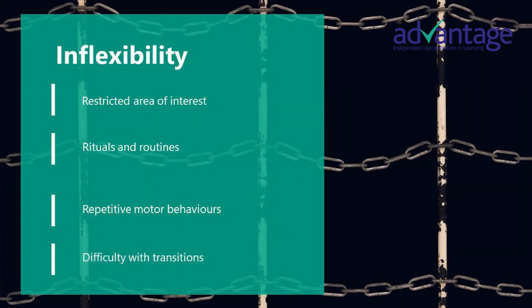Let's talk a little bit about inflexibility. People with ASD may have restricted areas of interest. They may exhibit rituals and routines. They may have repetitive motor behaviours. They may have difficulty with transitions. Rituals and routines: